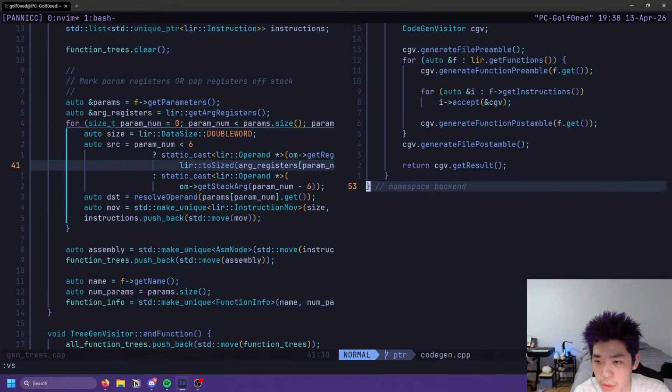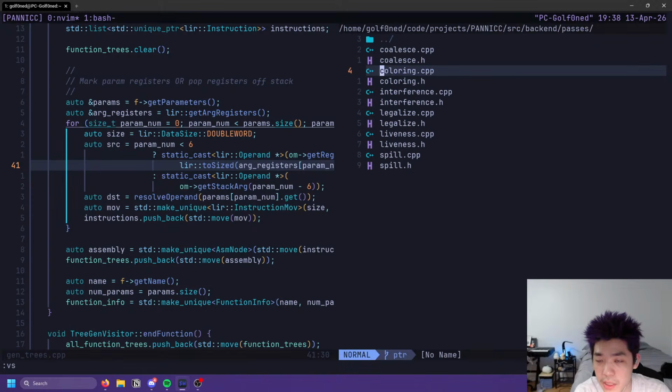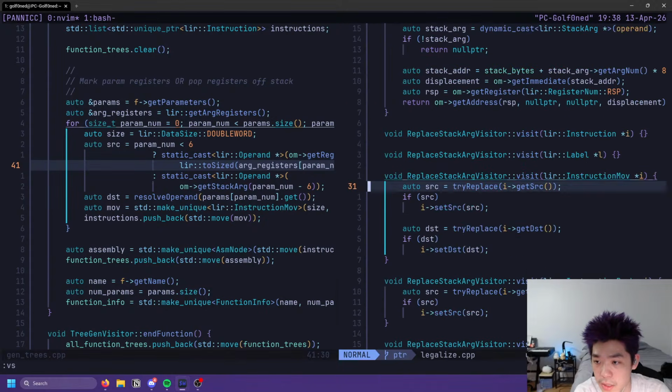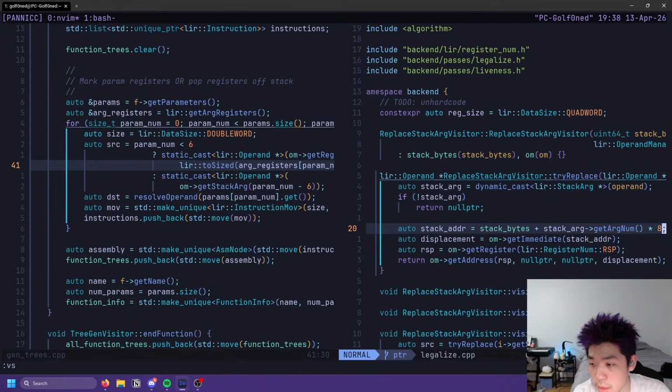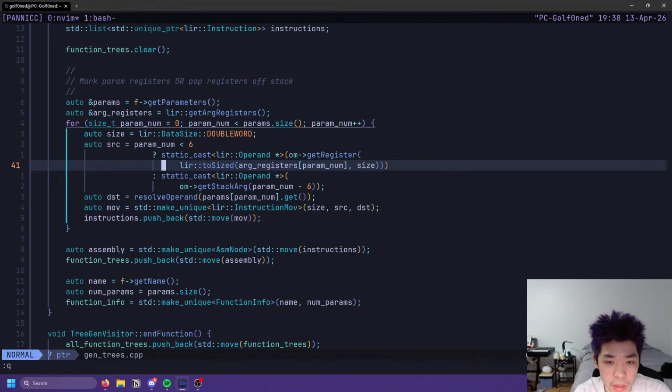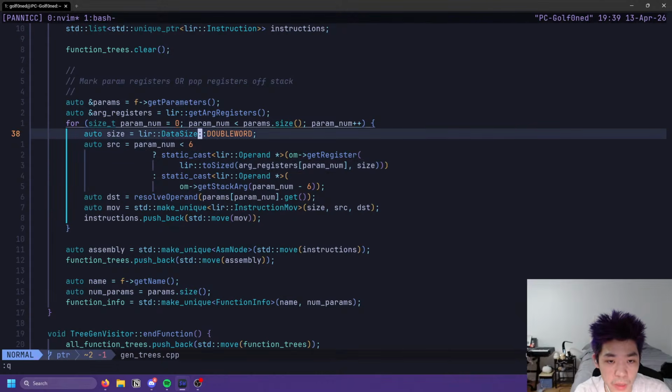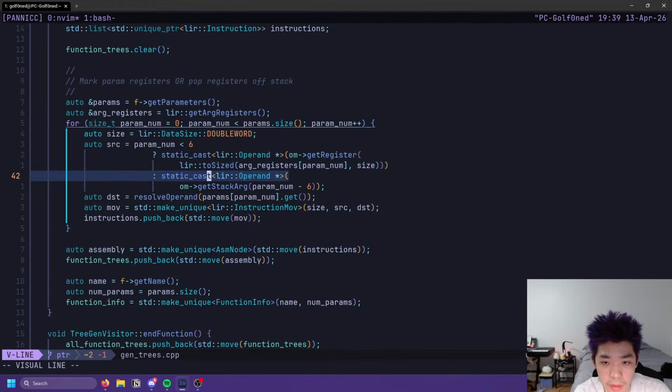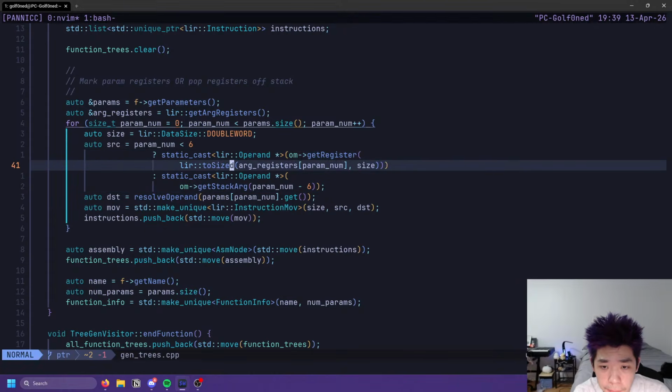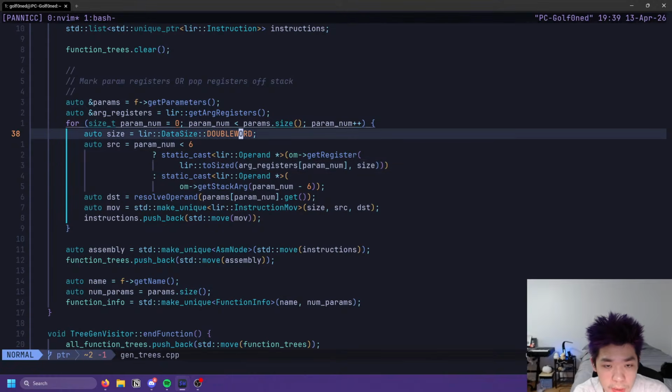Maybe? Or passes legalize? Okay, yeah, so these are aligned. Okay, that's good. So we shouldn't have a problem with this. So stack arg is fine. Yeah, so we just need to change size.